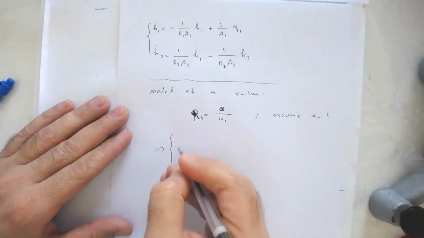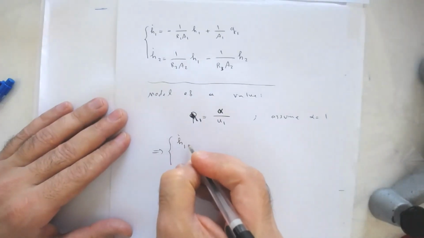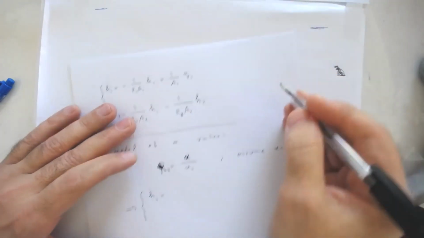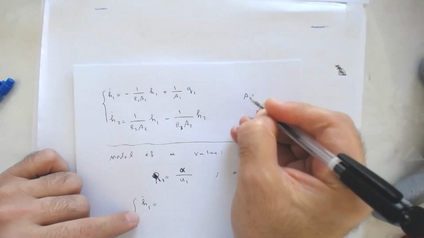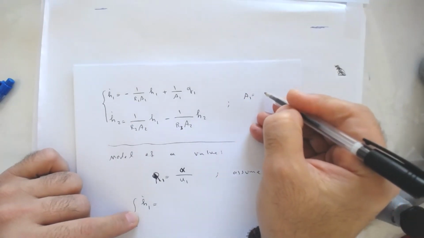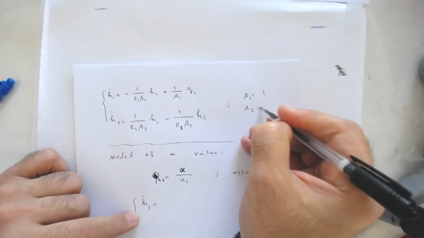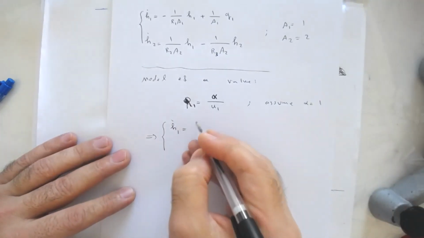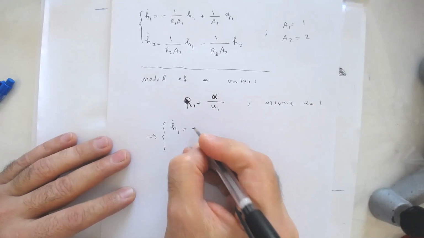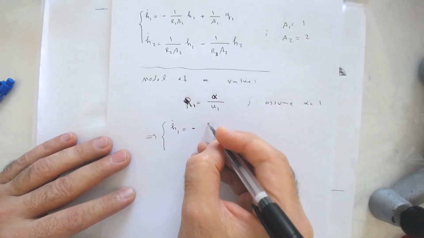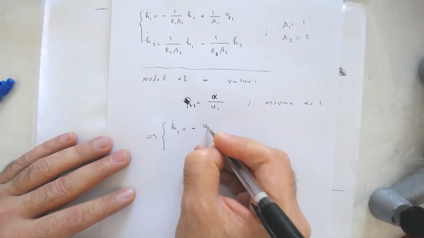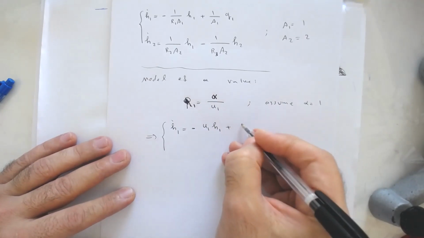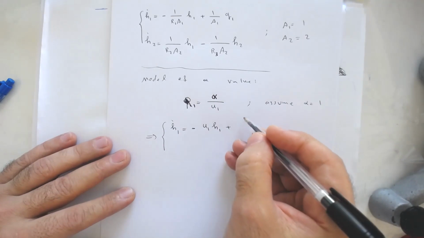Therefore, what we have would be H1 dot is equal to, also let me assume that A1, the area of the first tank, is 1, and the area of the second tank is 2. So I'm going to replace all of them. So H1 dot is equal to minus, so we are supposed to have it from here. It would be U1 H1 plus, and then Q1 is,